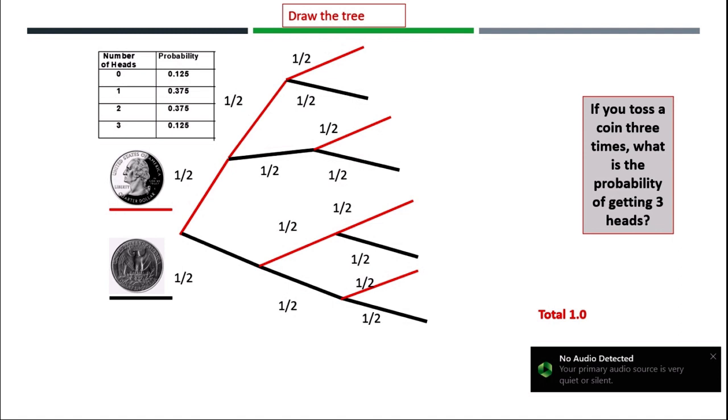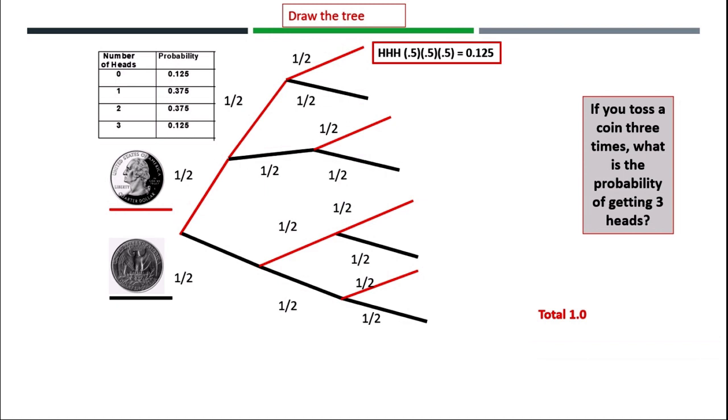They are independent. That is, tossing a coin the first time does not influence the second time to be a head or a tail. For the first branch, it is red, red, and red as HHH, and the corresponding probability is 0.5 times 0.5 times 0.5 equals 0.125. Similarly, for the second branch, it is red, red, black. That is HHT, and the corresponding probability is 0.5 times 0.5 times 0.5 and equals